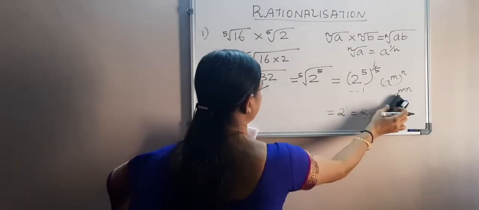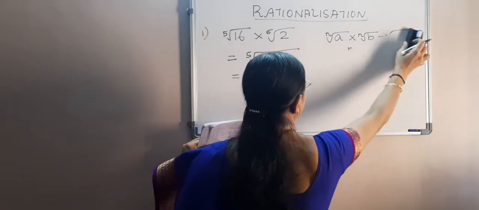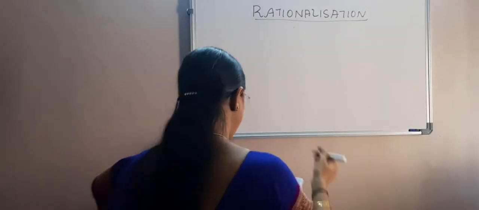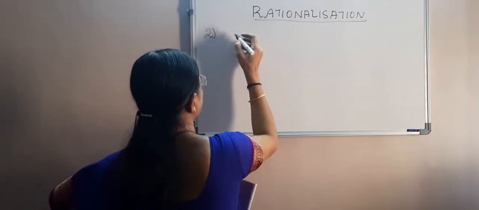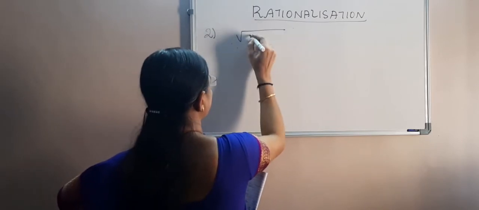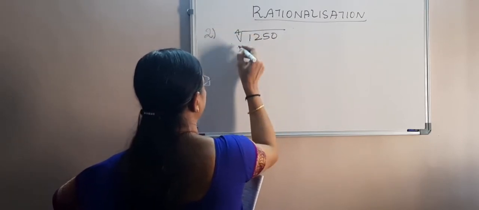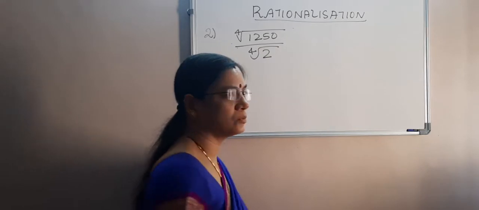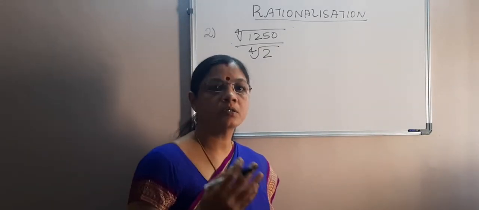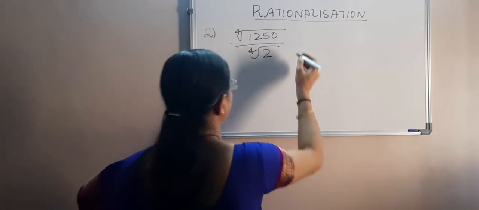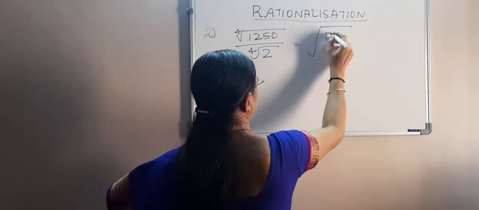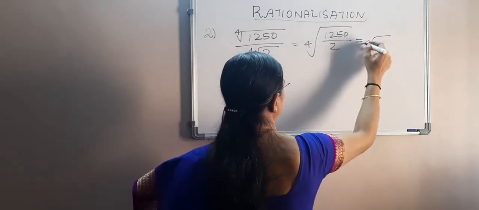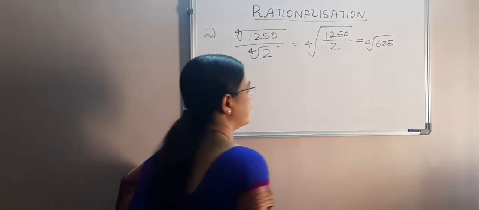So this is one kind of example involving rational exponents, and the next one is the 4th root of 1250 to the 4th root of 2. This is what we did earlier was the product, and now it is the quotient. That is, take the whole 4th root of 1250 divided by 2, but 1250 divided by 2 is nothing but 625, isn't it?